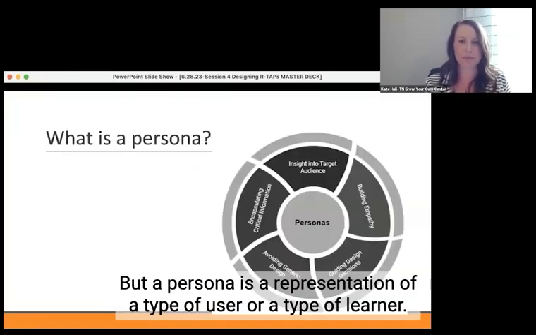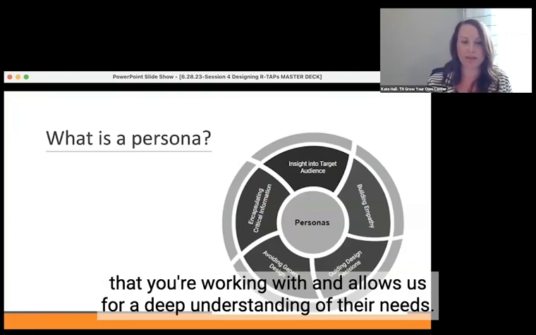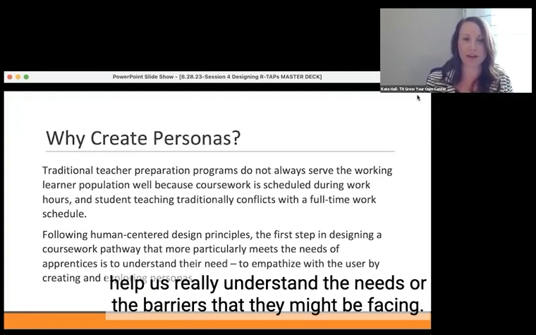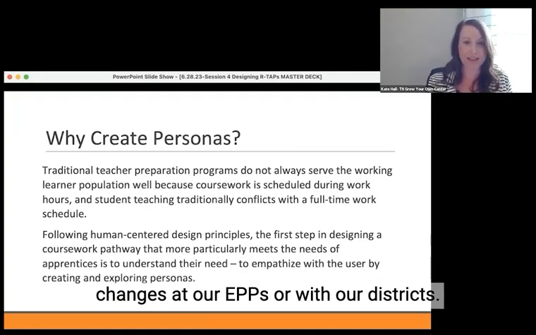But a persona is a representation of a type of user or a type of learner that is based on data. Personas help provide valuable insight into the target audience that you're working with and allow us a deep understanding of their needs. When we create personas, it allows us to first empathize with the user to help us really understand the needs or the barriers that they might be facing. So we collect that data and use the results from this persona work to help make changes at our EPPs